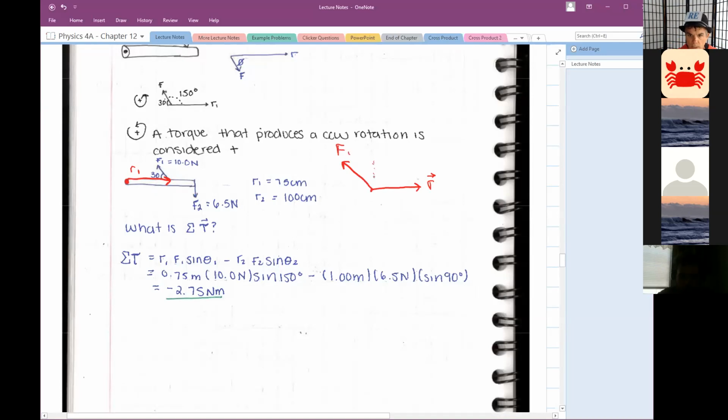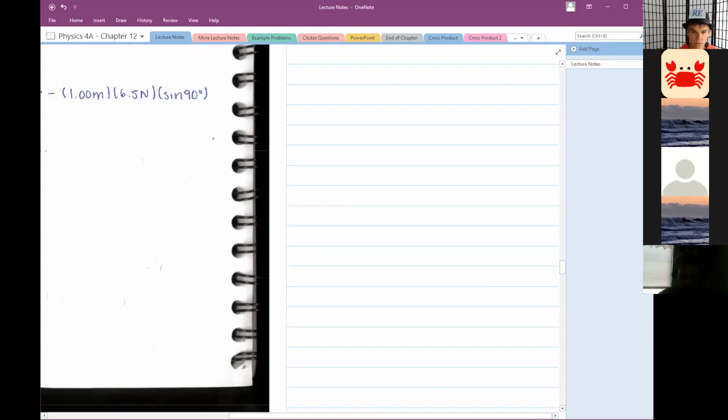So if this angle right here was 30 degrees, then the angle between R and F would actually be 120 degrees. So whenever you're going to calculate the torque, the angle that you use is the angle between the R vector, which points from the axis of rotation to where the force is applied, and the force vector. And again, torques can be positive or negative, just like forces can be positive or negative. By convention, we call a force to the right positive, a force to the left negative, but we can always change that up. So for this particular case, if I have two forces, F1 and F2,